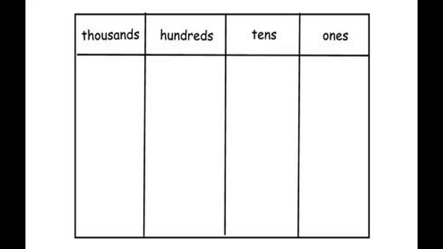I have a place value chart, and I'm going to start by showing the number 582. That means I need 5 discs in my hundreds place, 8 discs in my tens place for the 80, and 2 discs in my ones place for the 2. So I have 582. I'm going to count by 1 and place the discs on the place value chart as I count. So I'm at 582,